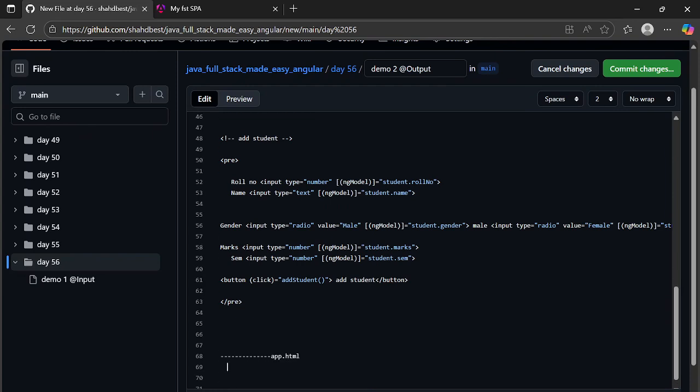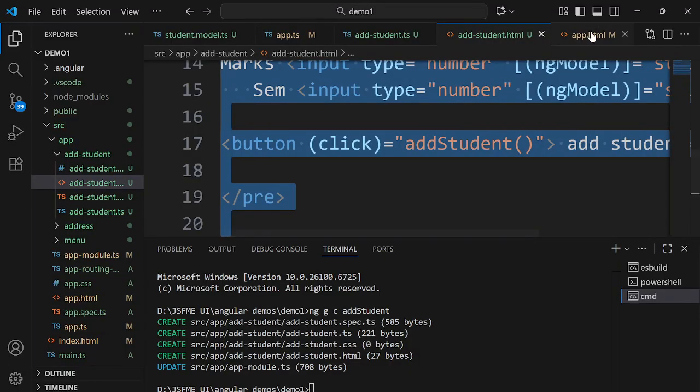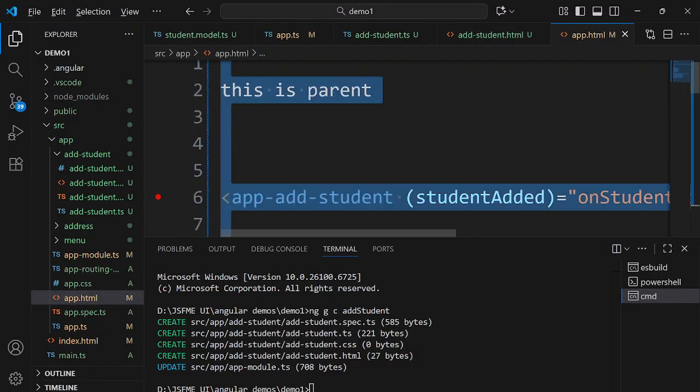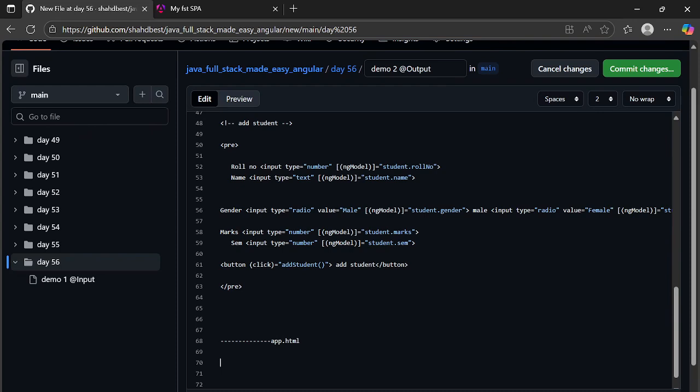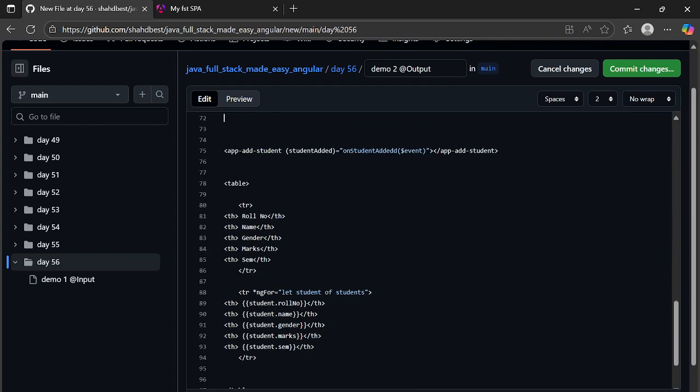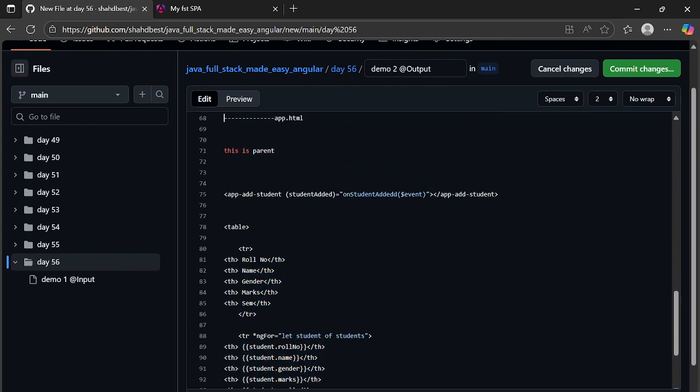Then comes the parent component, the app.html first. The app.html is actually waiting for the child event to occur. You can see that this only displays all the details that I have given. The main thing is here, the app-add-student. So what is the parent waiting for? The parent is waiting for this event to be emitted, and when does this event emit? The moment a user clicks on the add student. So whenever a user clicks on the add student, this event is emitted,